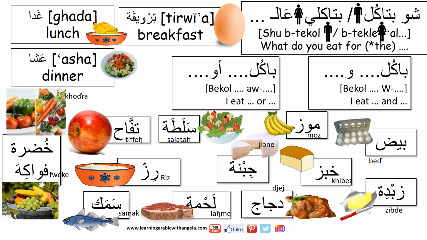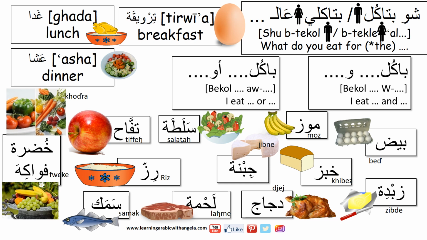What do you eat for breakfast? Or شو بتاكل عالغدا? What do you eat for lunch? Or شو بتاكل عالعشاء? Now if we're asking a female, شو بتاكلي عالترويقة؟ شو بتاكلي عالغدا؟ شو بتاكلي عالعشاء؟